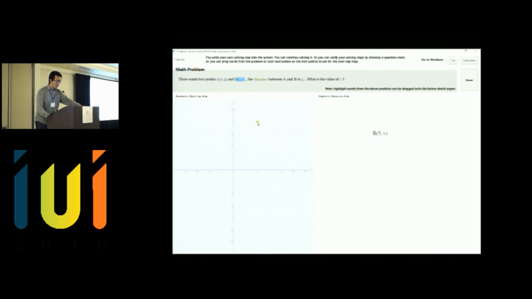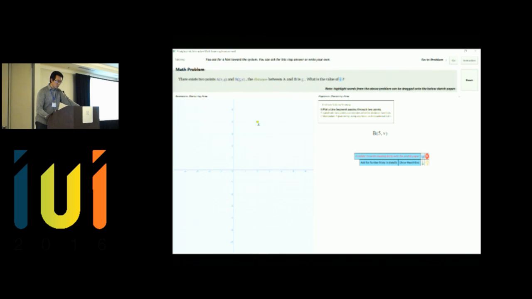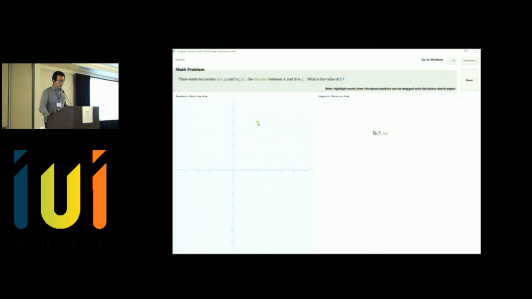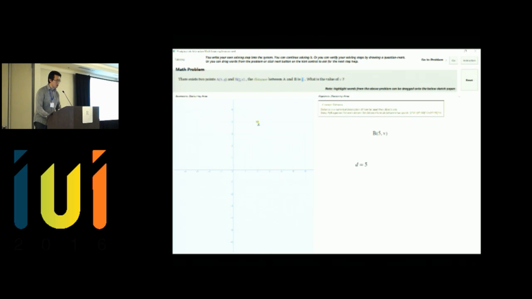Then the student will think, oh, what is the answer of V? So then what he should drag will be, oh, C, drag a number of V. Then the value V, then the system will give the student certain scaffolds towards the solving. Though the scaffolds contain the concept distance, she might not know the more detailed information of constants. So she can continue to drag the certain concept word from the problem and see the more detailed explanation of the corresponding concept in order to further start to do the problem solving.